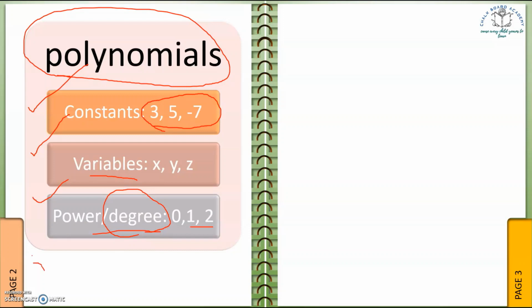Like we have 2x square plus 3x minus 2 is equal to 0. Here we can see that the highest power is 2, so the degree of this equation is 2. But we can see x here has power 1. And then here also x was there, but it has the power 0, so we do not see x.